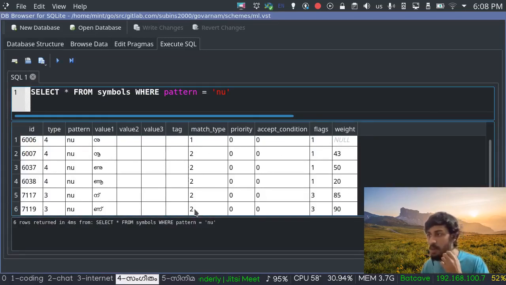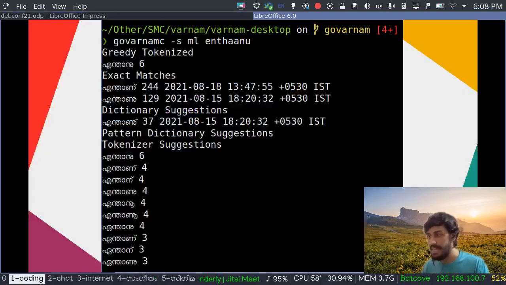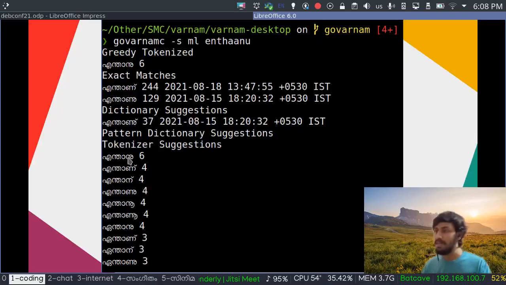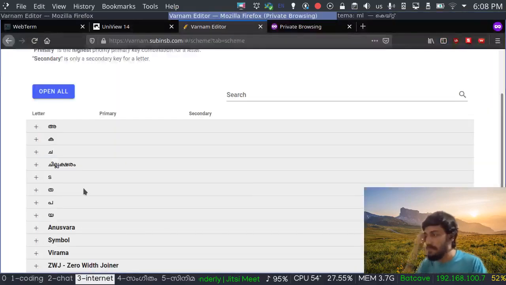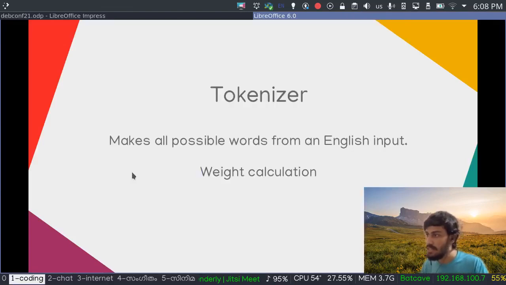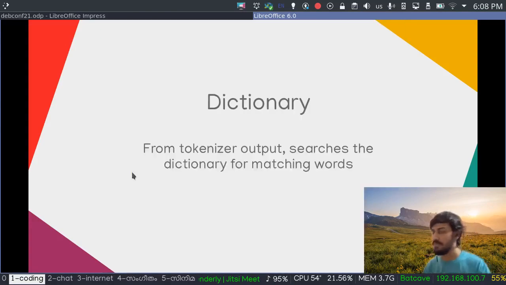The top one of the secondary is n, 90. So that's why the next one would be n, and the next one would be n, because that would be the next highest weight, which would be 85. And on and on, we can sort the tokenizer suggestions based on the weight or the confidence. Okay, now what else? So that's how the weight calculation is done.